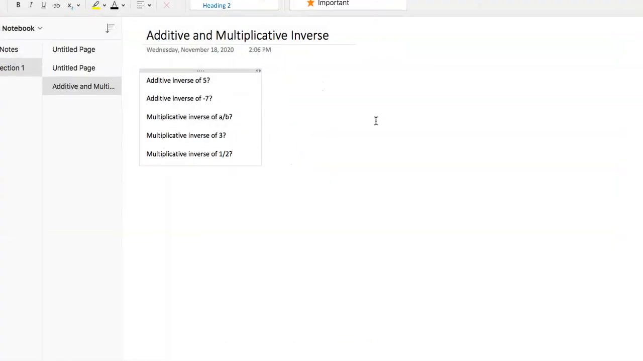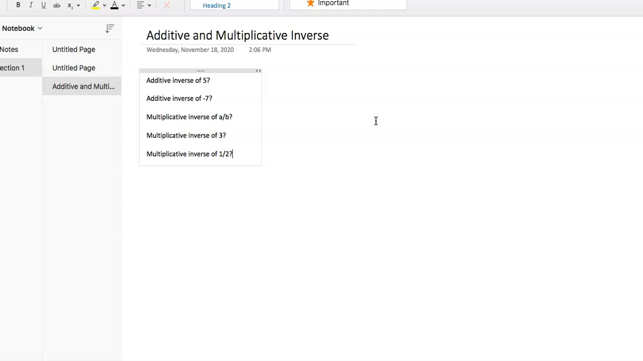Let's take a look at additive and multiplicative inverse. Conceptually, these really aren't all that hard, but if you don't know what the term means, then you could get it wrong. So we've got a few example questions here. With additive inverse, all it really means is that,